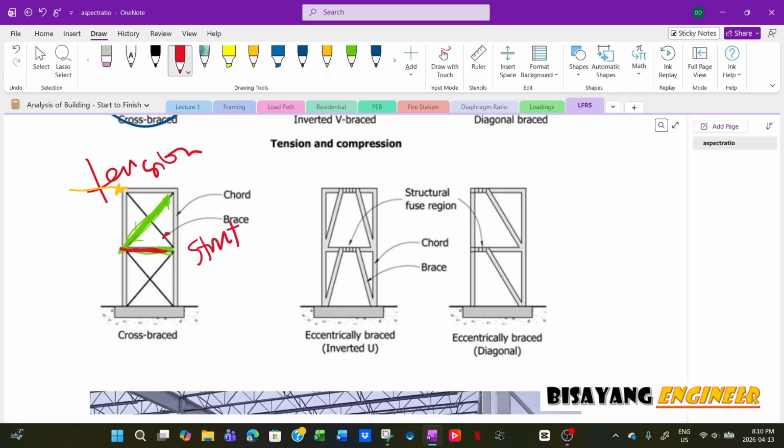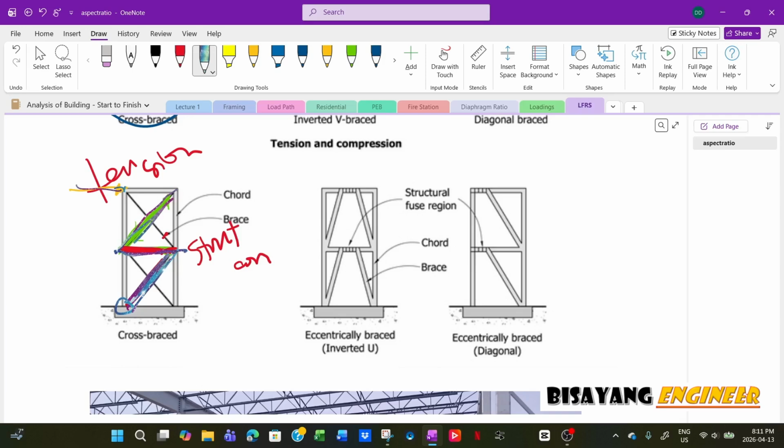So this strut will be subjected to compression, and then this compressive force here will be transferred again to this diagonal in tension and then down to the foundation. So these are the members that are subjected to the forces if the load is in this direction,